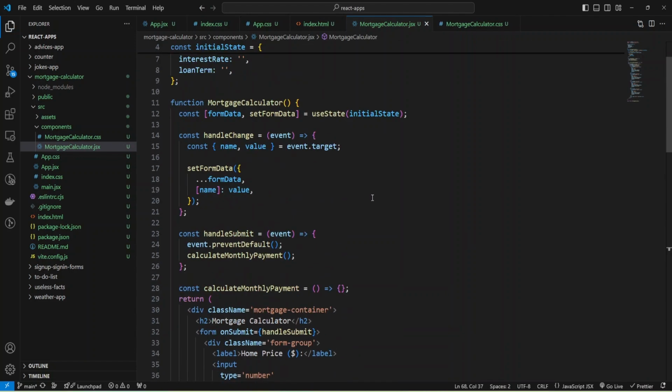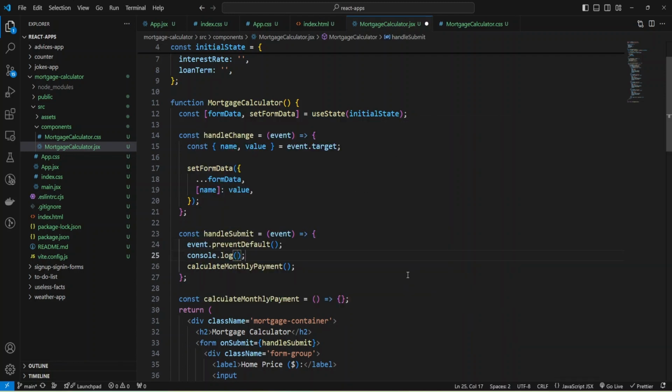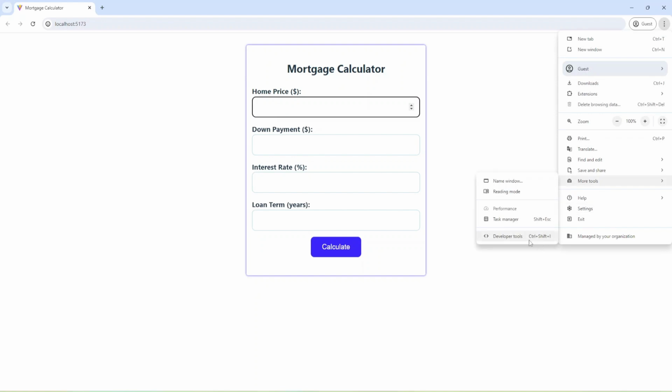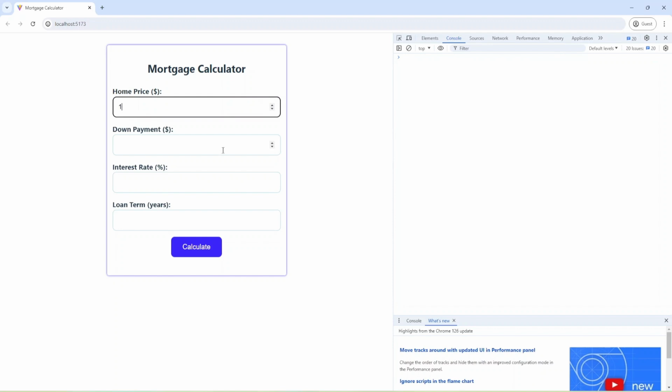Okay, and we have our handle submit, and let me do console log and provide our form data. And let's check what I have so far. Okay, I'm going to open developer tools and provide some values, calculate, and we need to fill out all fields and calculate. And as you can see, we have our values inside form data, and we can implement our calculate monthly payment function